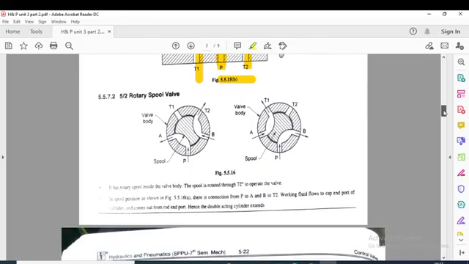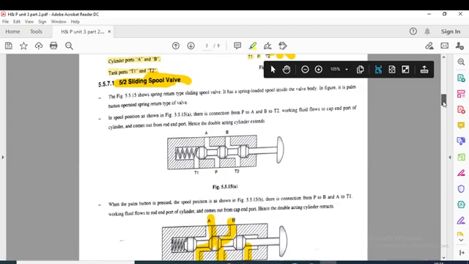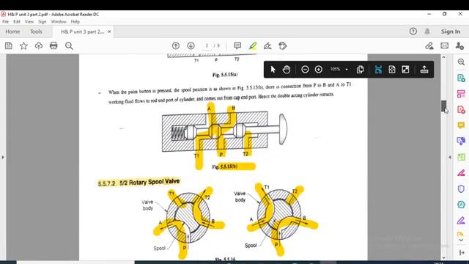Similarly, we have this in the form of the rotary spool also. We already saw this rotary spool valve where the same function can be performed: P is connected to A, tank port T1 remains closed, and port B is connected to port T2. In the next position port P is connected to port B, port A is connected to tank port T1, and tank port T2 remains closed here. So this is the rotary spool type, and this is the sliding spool type 5 by 2 direction control valve here.